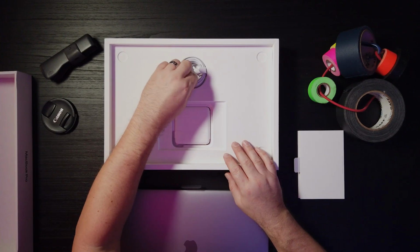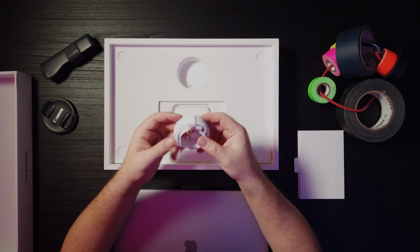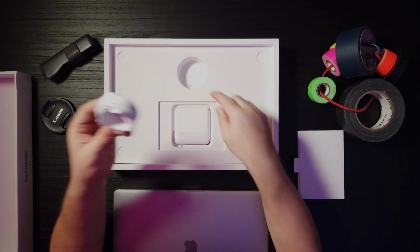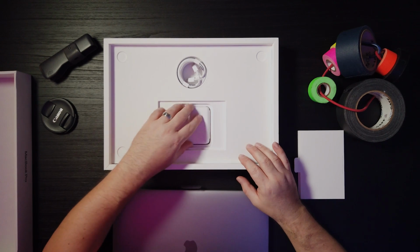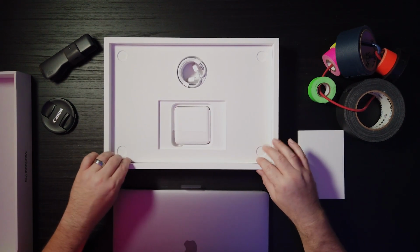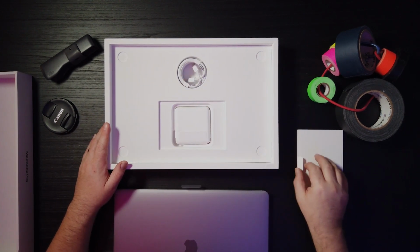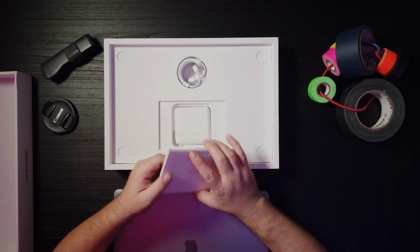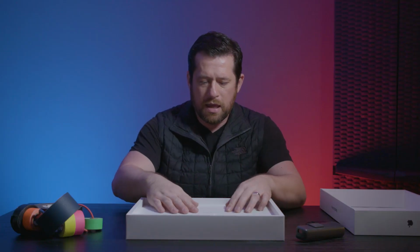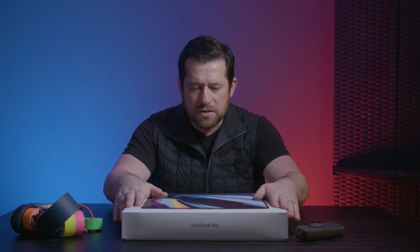Like I said, I'm not good at these unboxings, but I'm gonna tell you guys what I'm seeing here as I go. So we've got our USB-C AC adapter cord here in this little neat compartment, and then you've got the charging unit right here boxed in, and I'm pretty sure there's nothing underneath this. Nice little compartment for you to keep the MacBook Pro if you ever do a resell, but keep that there for now, and let's put this here, and I'll flip this over and let you guys know the specs of